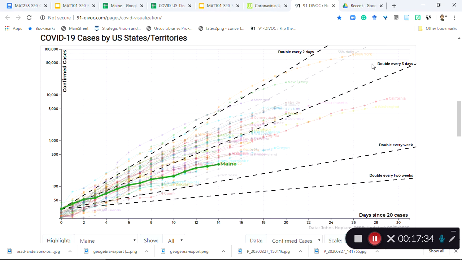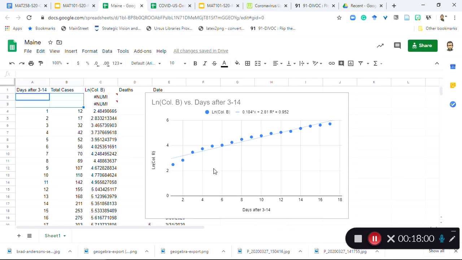It's pretty much spot on. So, New York, as you know, is not doing great at the moment. Maine's doing better, but keep in mind that it's somewhere in between doubling every week and doubling every 3 days. So still not great. But these straight lines are precisely this sort of thing that I'm talking about in this graph here, where we're looking at a log plot on this one.